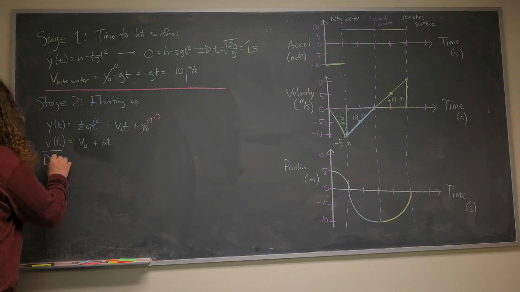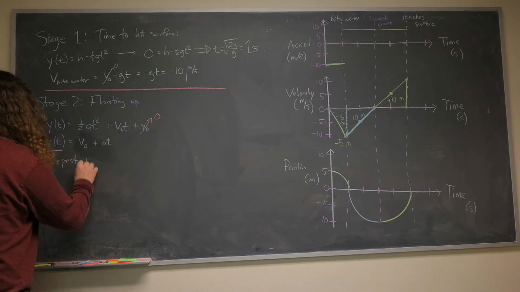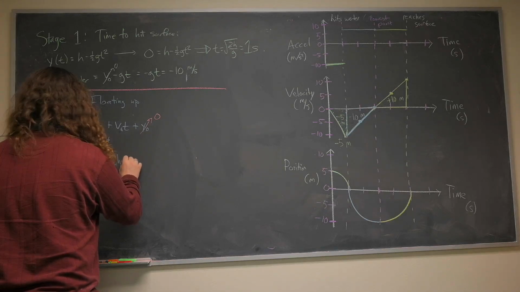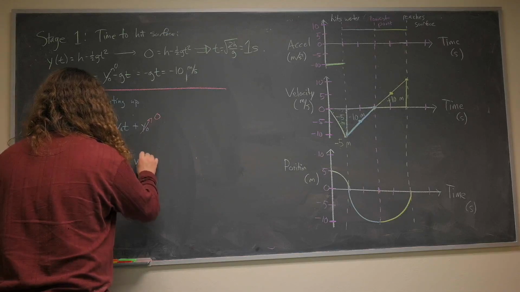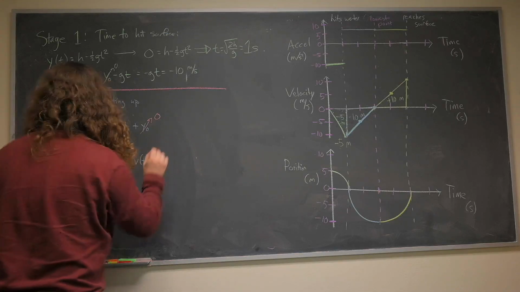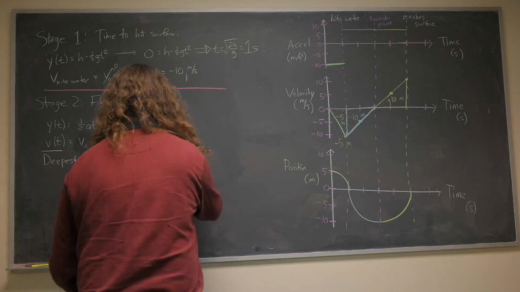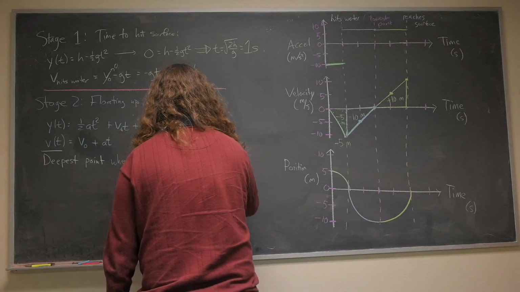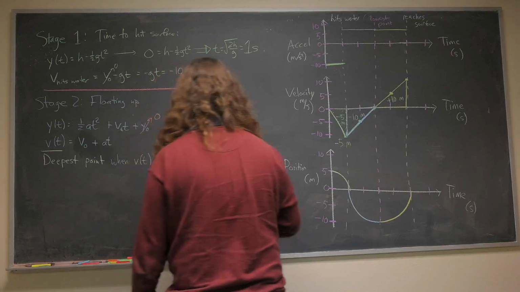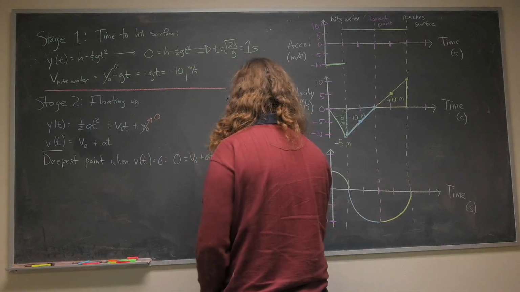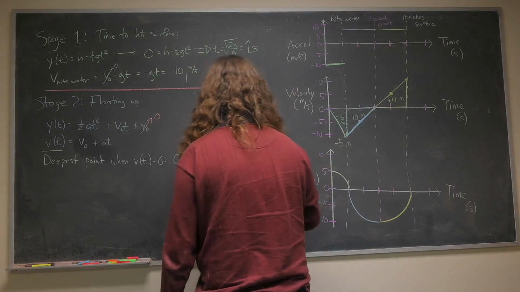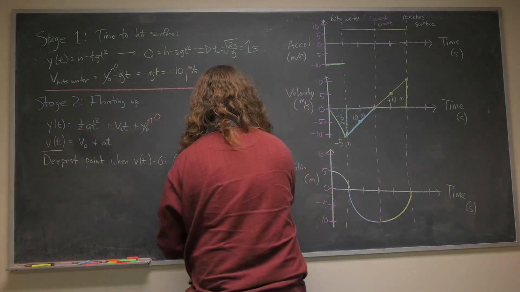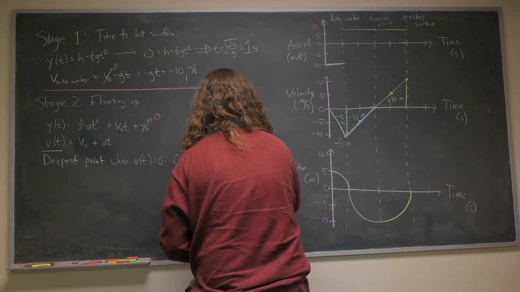So the deepest point is when v of t equals 0. So we set this to 0: 0 equals v naught plus at. Now we can solve this. I want to subscript this to make clear what's going on. T deepest